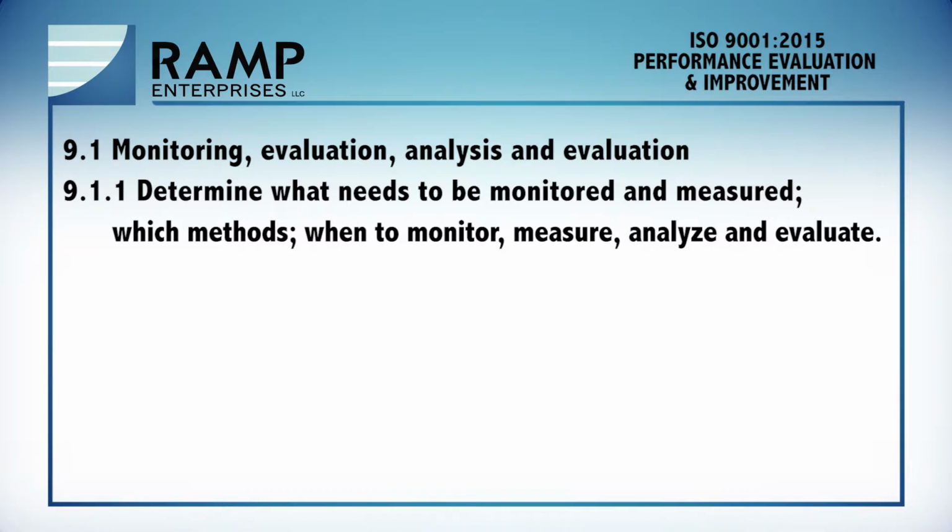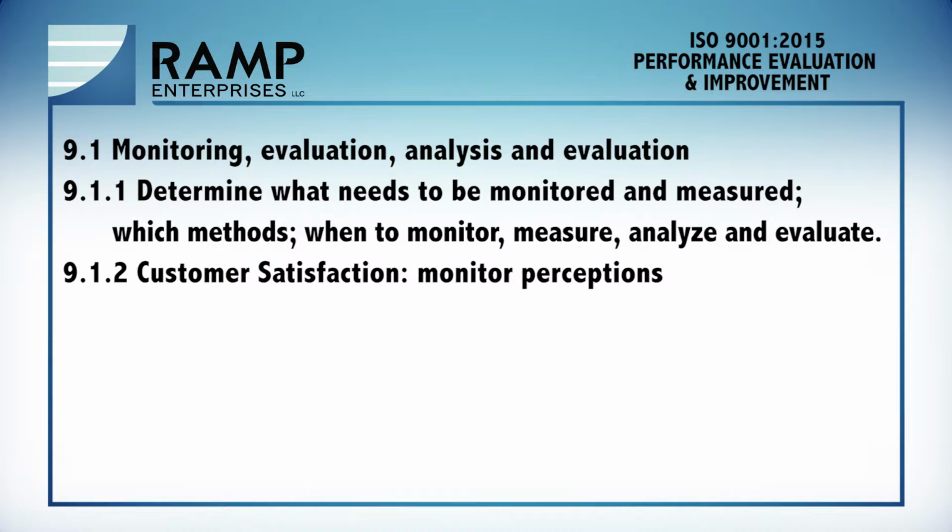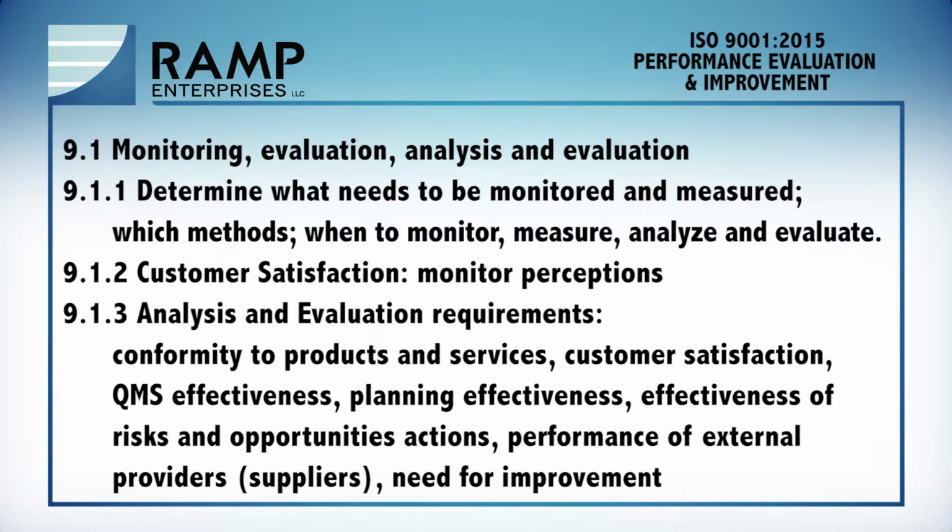9.1.1, determine what needs to be monitored and measured, which methods, when to monitor, measure, analyze, and evaluate. Are you seeing some redundancy here? I've seen redundancy in the standard. They seem to be repeating some of these things, but at least they're all consistent. 9.1.2, customer satisfaction, monitor perceptions. Same requirement as previously. 9.1.3, analysis and evaluation requirements, conformity to products and services, customer satisfaction, QMS effectiveness, planning effectiveness,